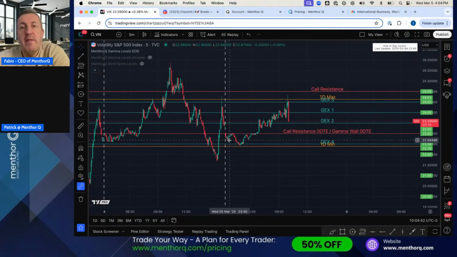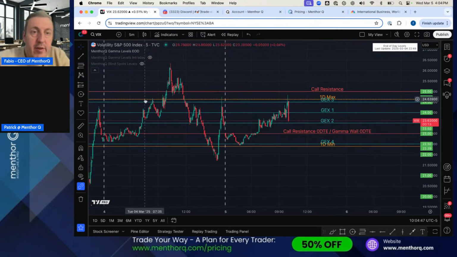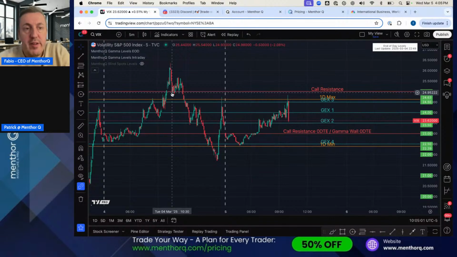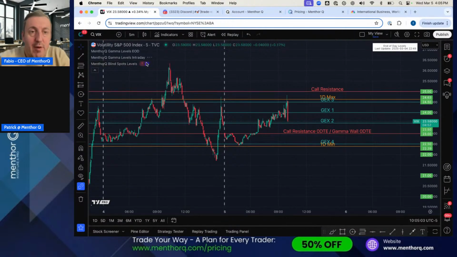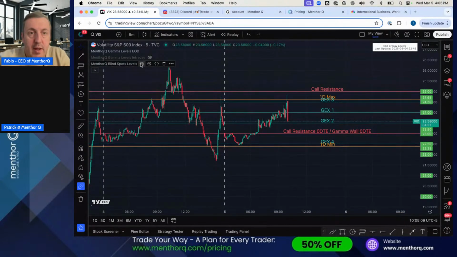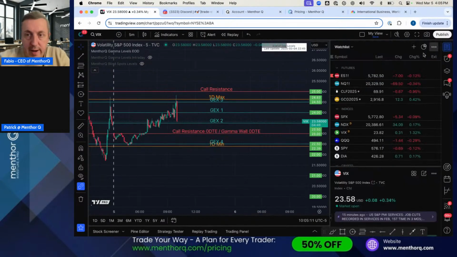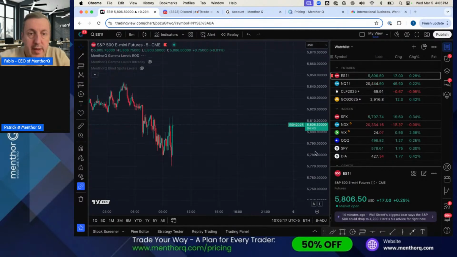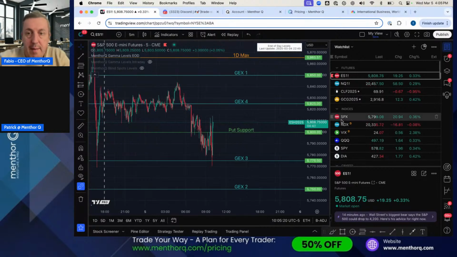If we go back to our TradingView, we can also add our new indicators. For those who have seen, the indicator will now automatically update. We have our end of day levels, we can add our intraday levels, and as you can see, we can quickly update the data to the latest version. And then we also have our blind spot level, and we can update those too. So in a few seconds a day, you can have the indicators automatically updated. Now I can simply go from my watch list right here, without having to input any levels, and open up all the different